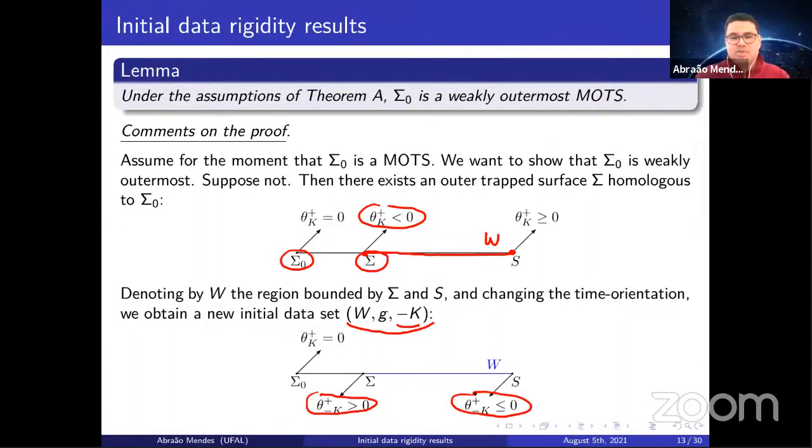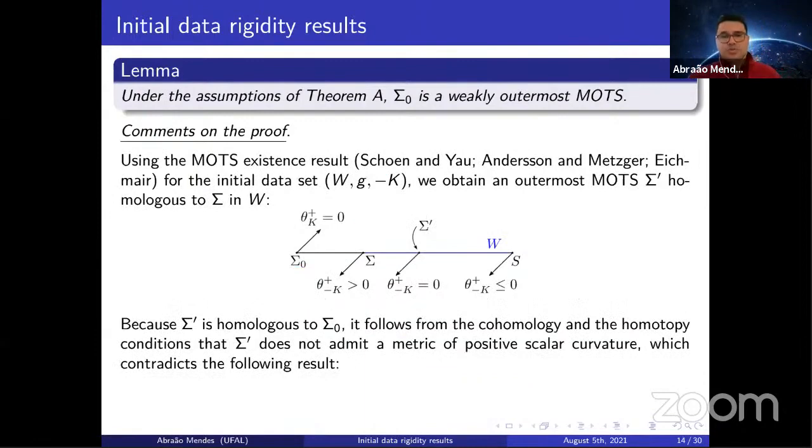But a classical result due to Schoen, Yau, Andersson, Metzger, and Eichmair says that under this condition, there is an outermost MOTS, sigma prime, homologous to sigma, okay, in the initial data set W, okay? But because sigma prime is homologous to sigma and sigma is homologous to sigma naught, sigma prime is homologous to sigma naught, and by the cohomology and the homotopic conditions,